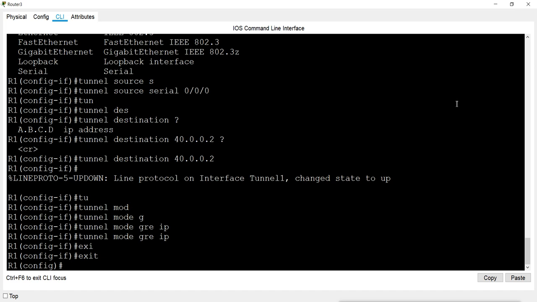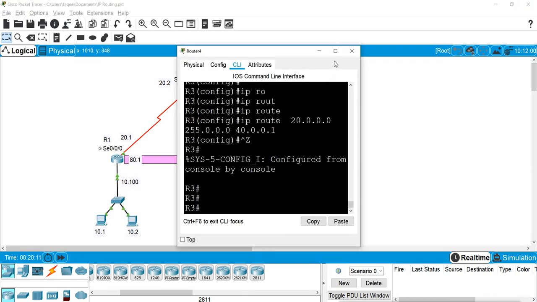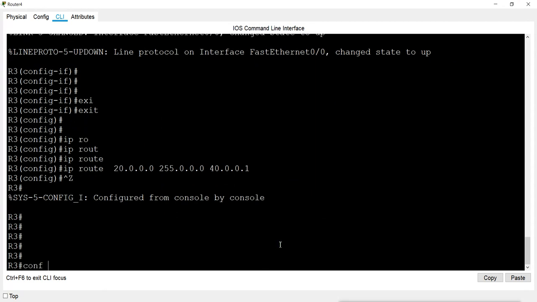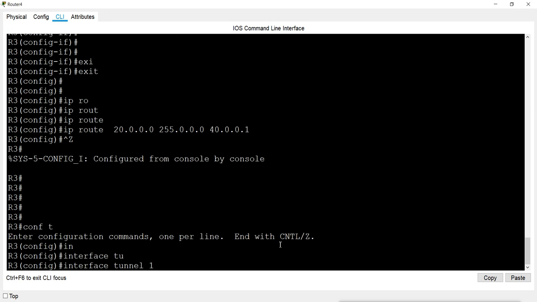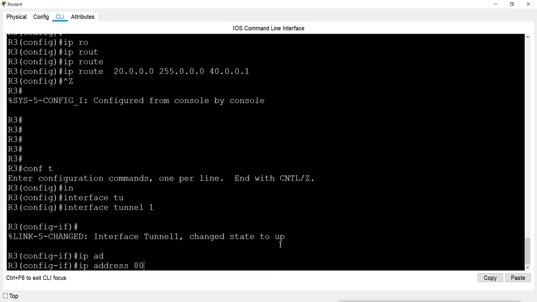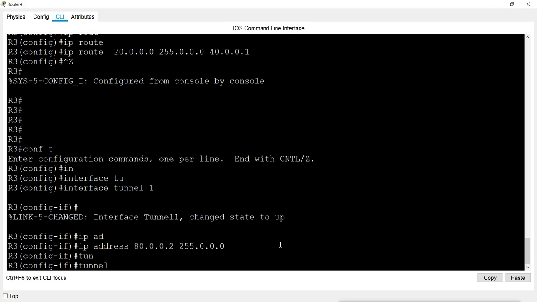Now I will go to router 3, and here also I will create the tunnel interface. So interface tunnel 1, then IP address will be 80.0.0.2, then tunnel source.